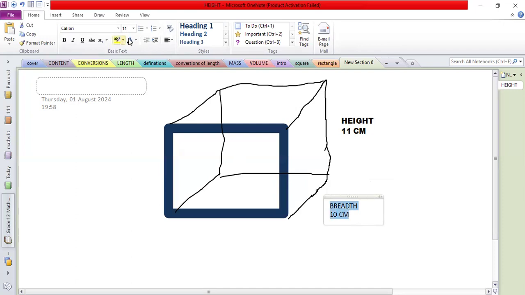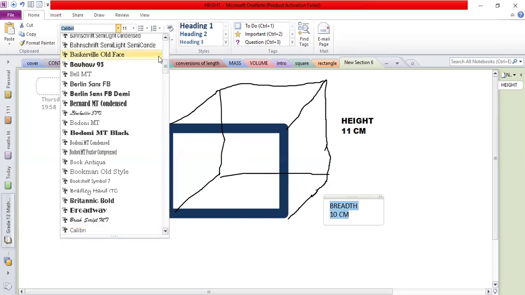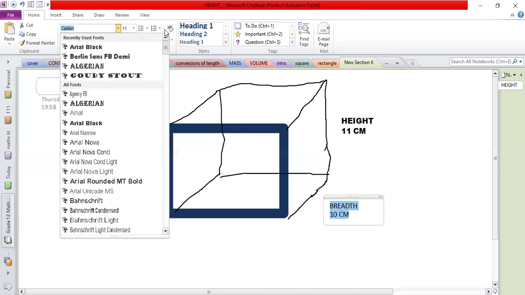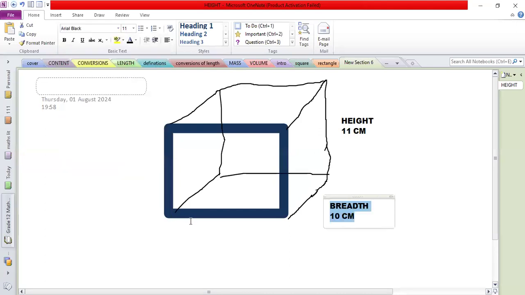Now we need to also check what? We need to check the length. That's the third thing. Now the volume introduces us to the length, to the height. Then the length is how much? Let's say it is 14 centimeters.